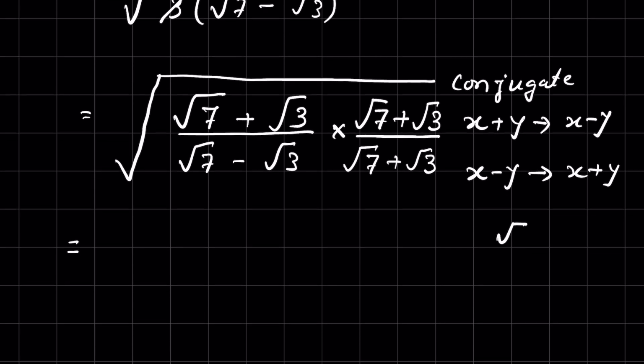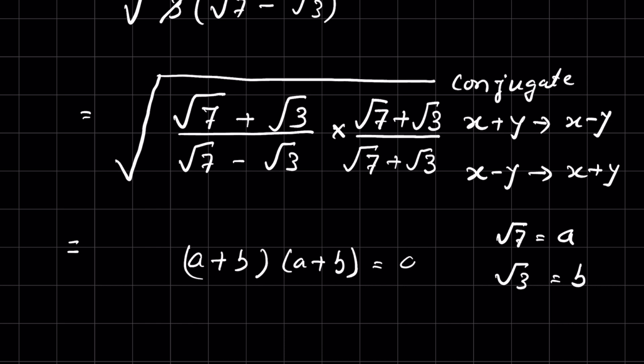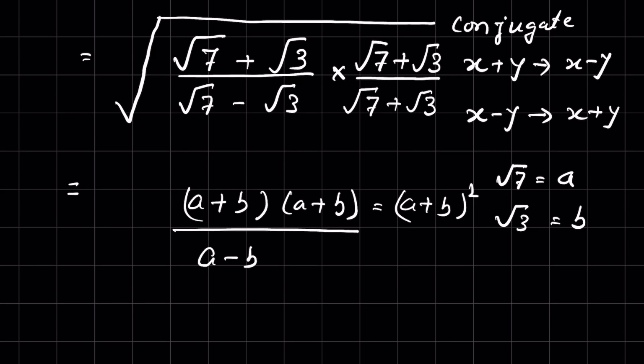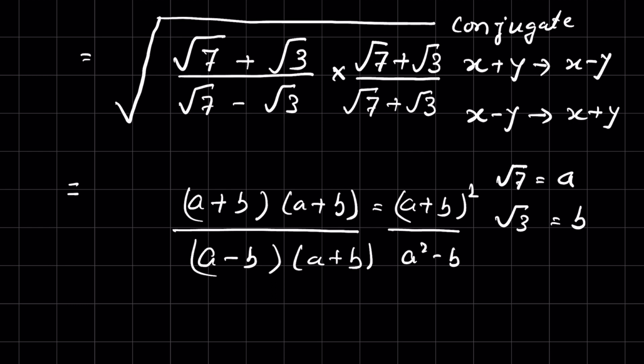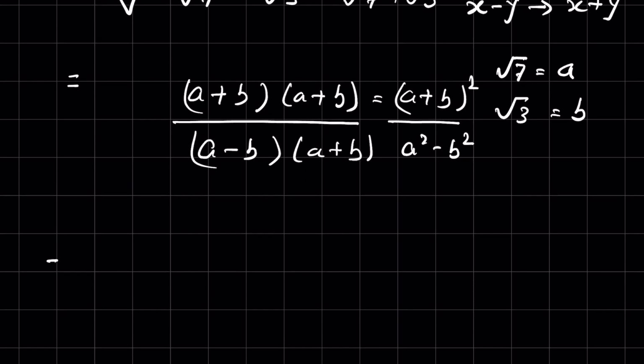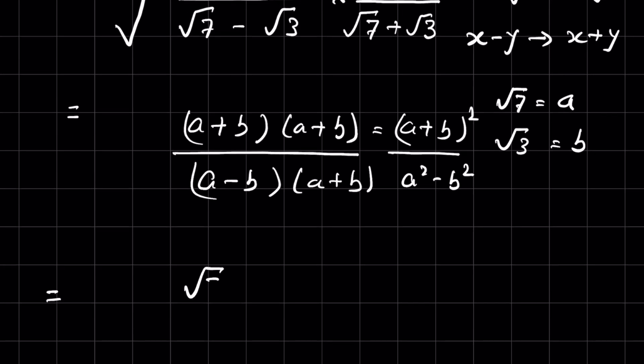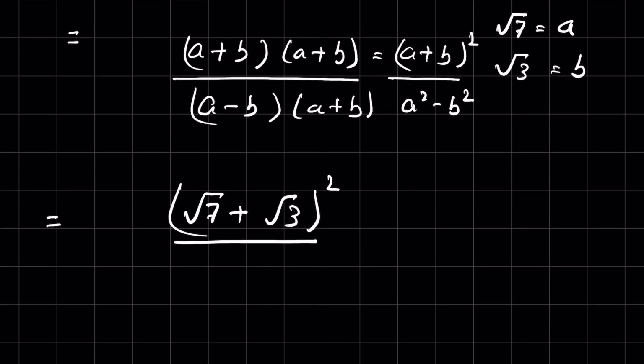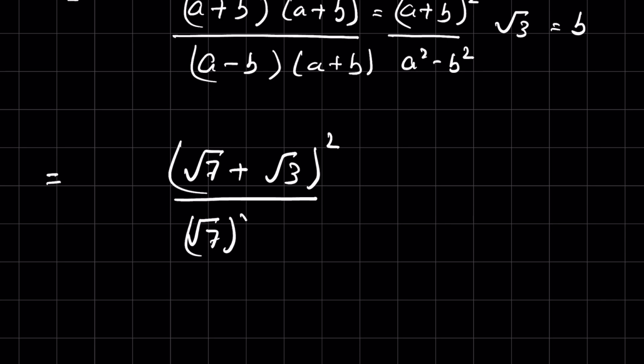Now if square root of 7 is a and square root of 3 is b, then this is in the form of a plus b times a plus b, which is equal to a plus b whole square, upon a minus b times a plus b. So this is in the form of difference of squares. So this will be a square minus b square. So let's write it in the form of square root of 7 plus square root of 3 whole square upon square root of 7 square minus square root of 3 square